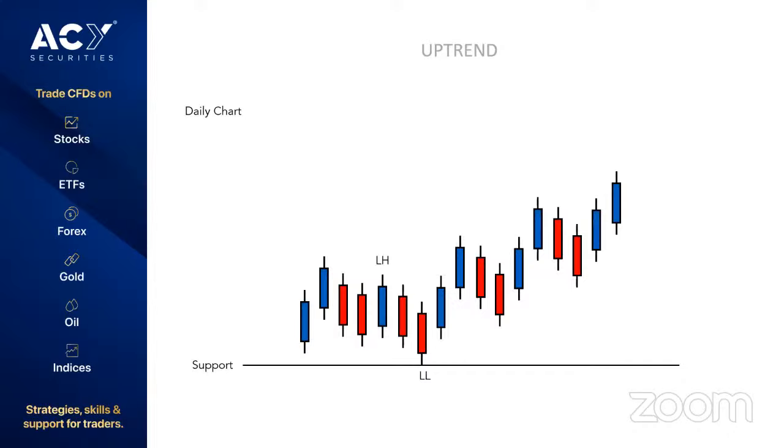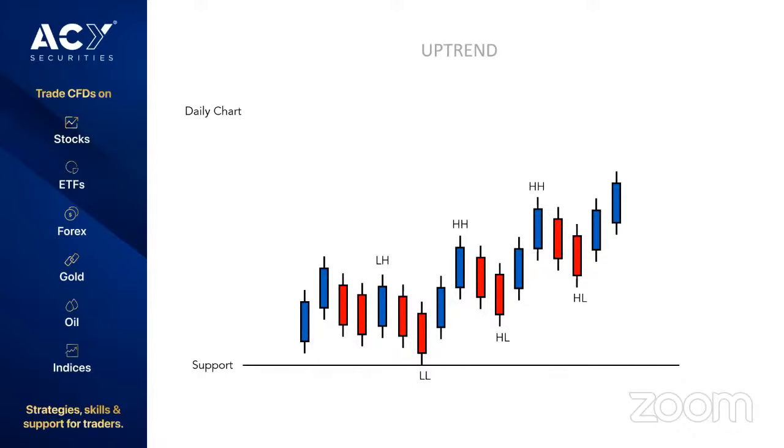I'm just going to talk about the day chart in terms of trend, but really for trend, you're going to be looking at the higher time frame charts, but we're going to focus on the day chart as our main guide for trend. So trend, it's either an uptrend or a downtrend. Here we're going to go through what an uptrend is. And an uptrend is when we start to see a series of higher highs coming in on the chart and higher lows coming in the chart.